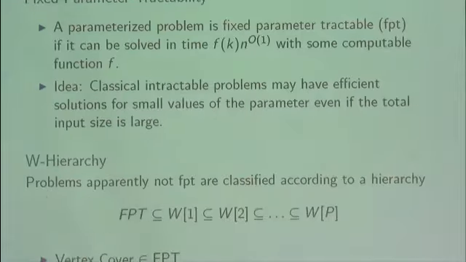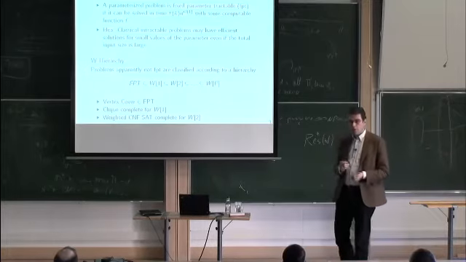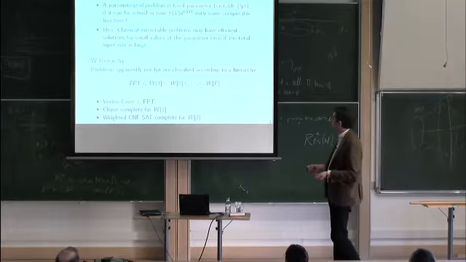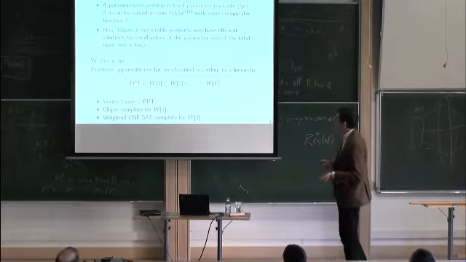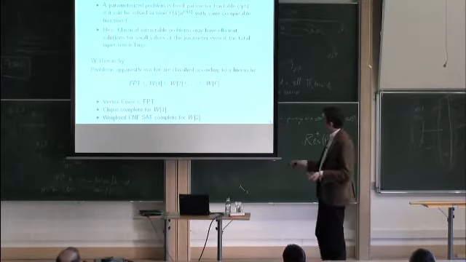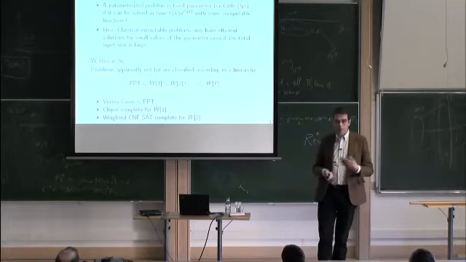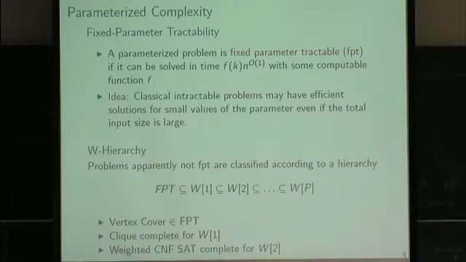They are NP-complete. But if you go into the parameterized framework, then the situation becomes different, and you see a more fine-grained analysis of these problems. Here you have again these complexity classes that were mentioned already several times. And now the picture emerges that vertex cover is in fact fixed parameter tractable, so it is efficient in this framework, whereas clique is W[1]-complete, and weighted CNF SAT, as Stefan was pointing out, in fact is complete for W[2], so they are probably not efficient in the parameterized framework.